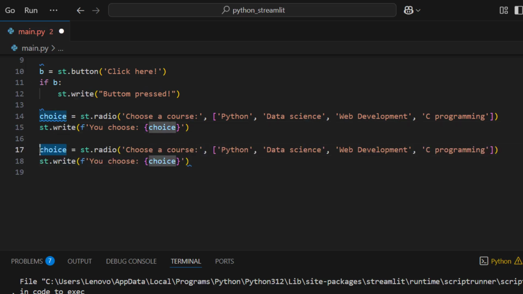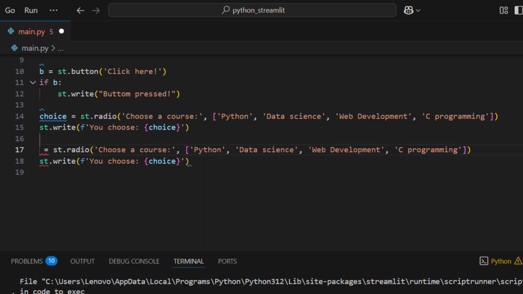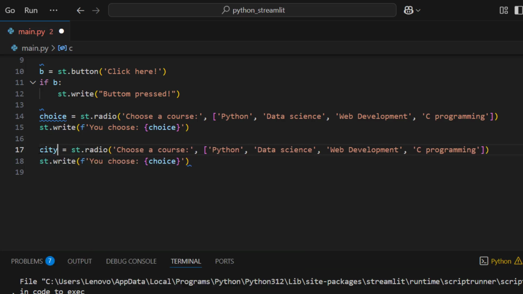Instead of course, I'm going to call this variable city. For choice, I'm going to change this into city. Here, instead of you choose, let's say selected city will be. Now, choose a city.